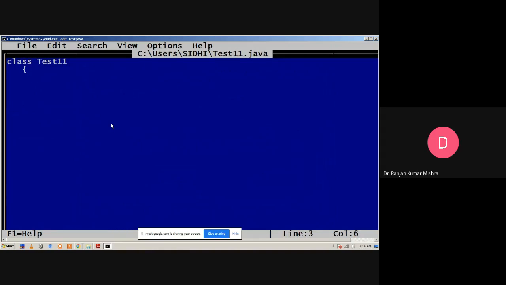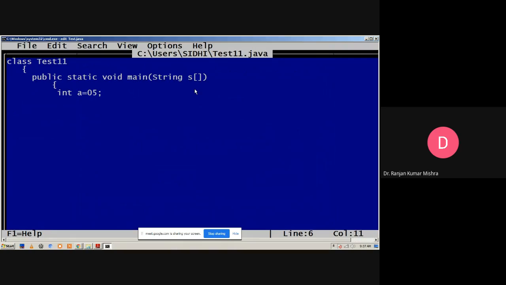Suppose here we write public static void main, String args. Basically it is the array of Strings. It is not necessary that we use only args. We can mention any name that is a valid identifier. Okay, int a equal to